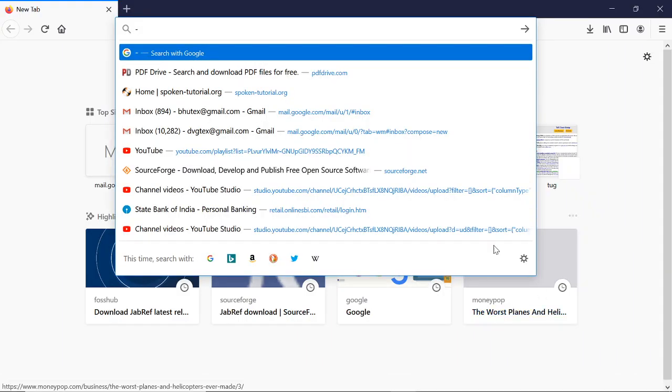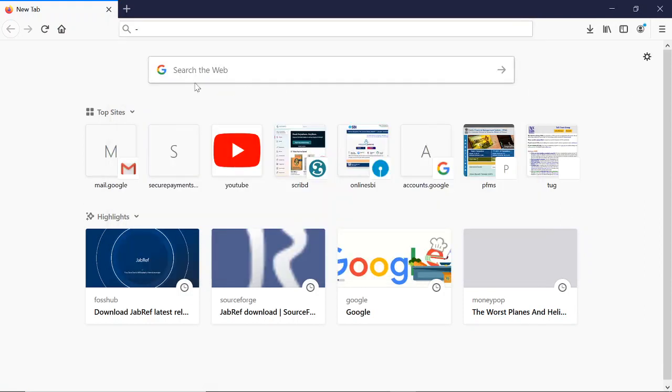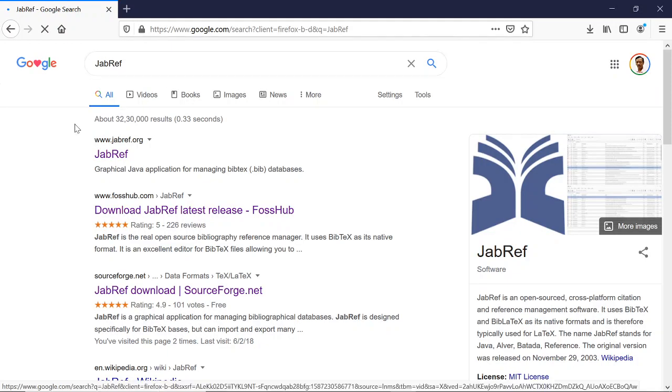Search the web for JabRef. So we will come to here, click on here.